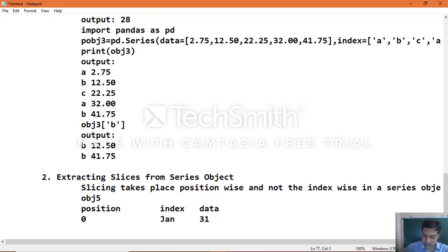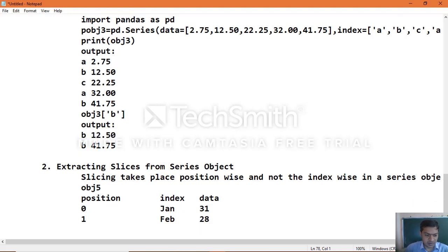In the same manner, position is 1, then index is 5 and data is 28. Position is 2, then index is marked and data is 31.